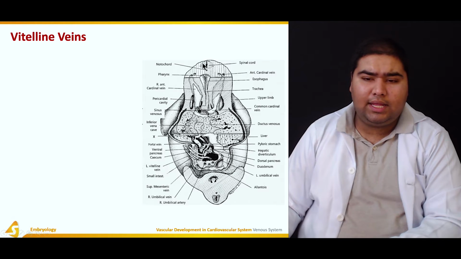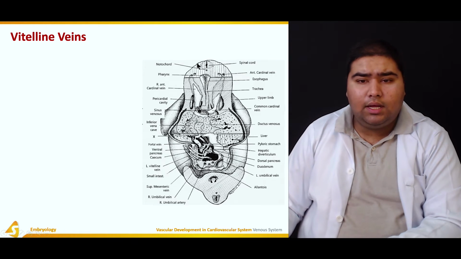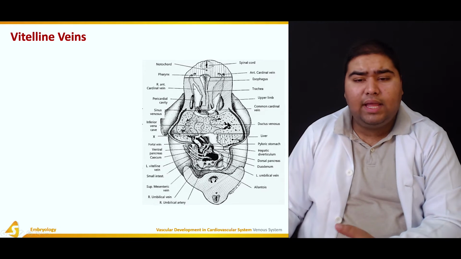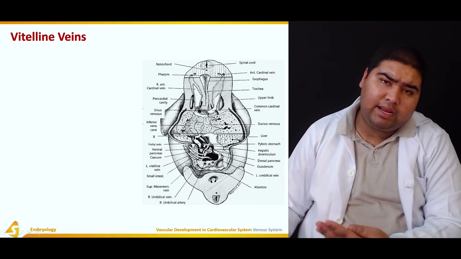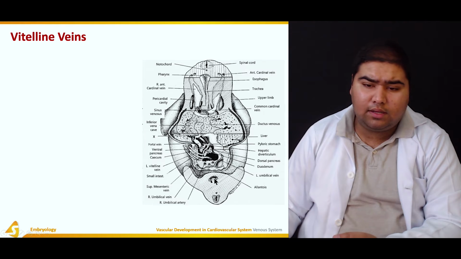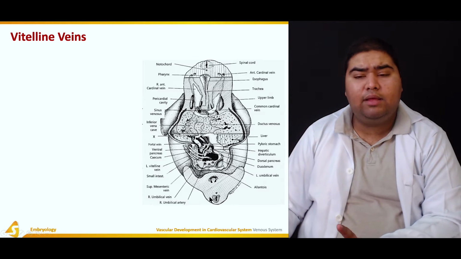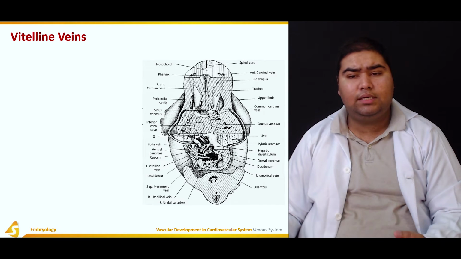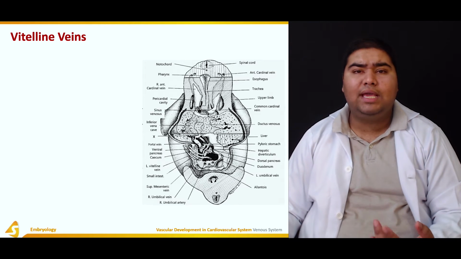This is the cranial end. This is the caudal end. This is the notochord being developed, the spinal cord. This upper portion is the pharynx. And hence, all the diagram has been marked accordingly. This is the caudal end of the diagram. We'll see smaller segments of the diagram and keep talking about them so that you can easily understand